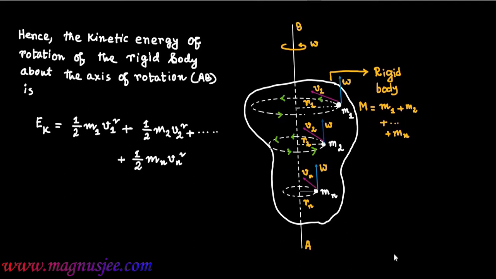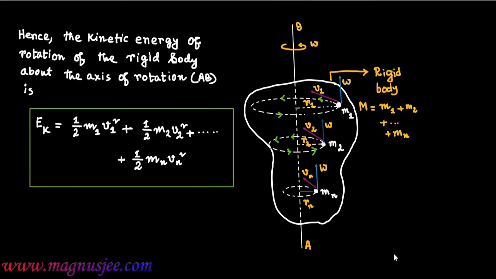That is, the total kinetic energy of rotation will be equal to the sum of the kinetic energy of rotation of the constituent particles. This is equation 1, the expression of kinetic energy of rotation of the rigid body, where